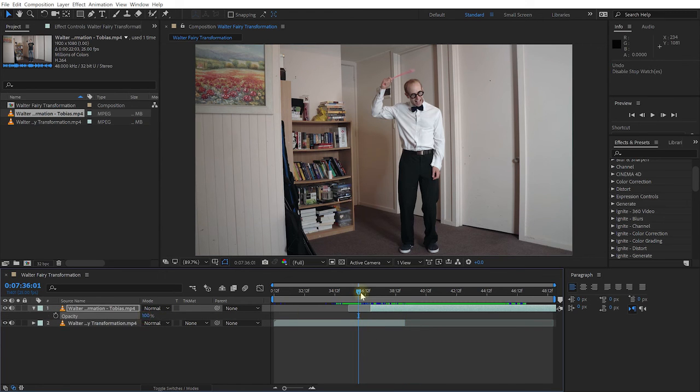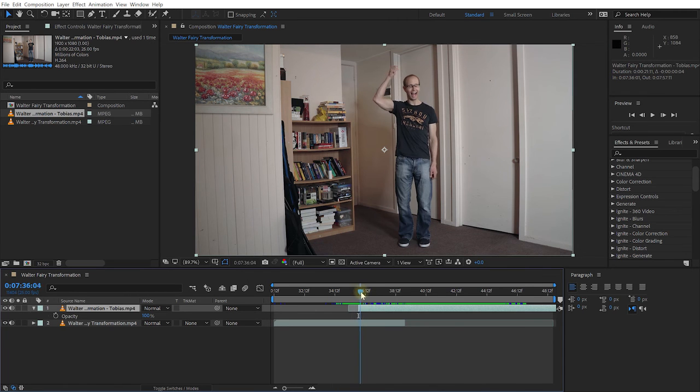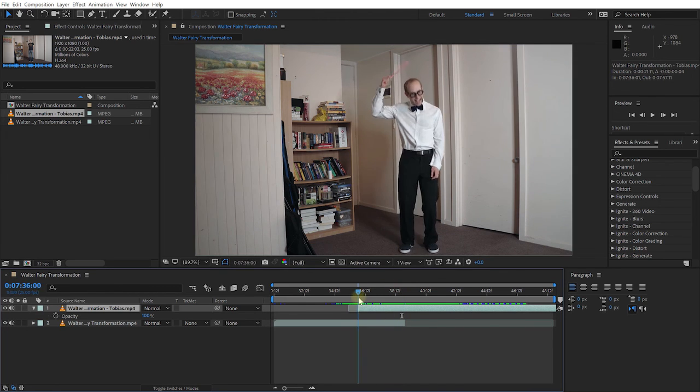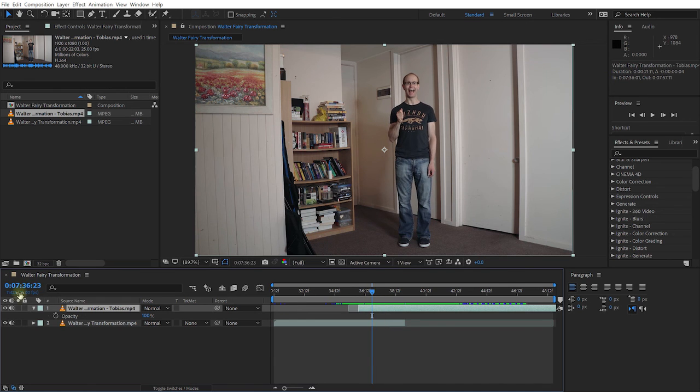Let's jack that back up to 100. And let's extend the Tobias layer to maybe right where Walter kind of hits himself on the head with that fairy stick. So that at that point, up until maybe about here, we've got time to kind of fade those two layers across. And what we now actually need to do, because these ones are fully solid layers, I can't